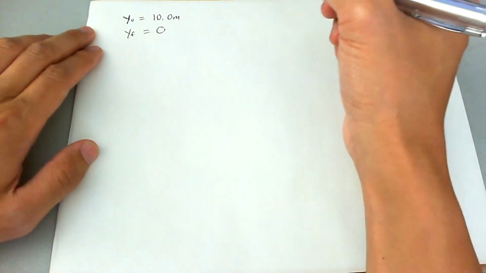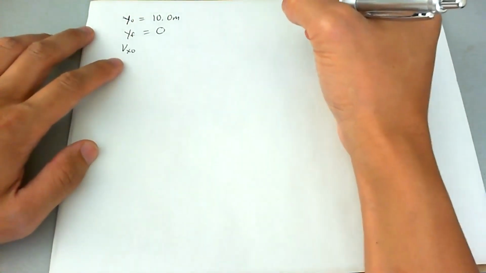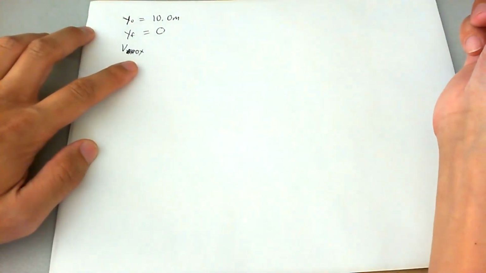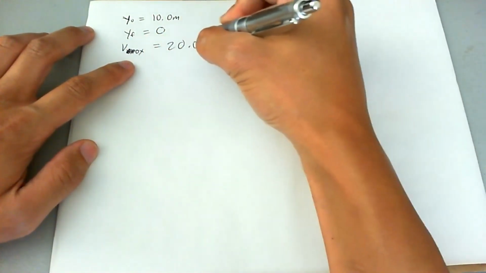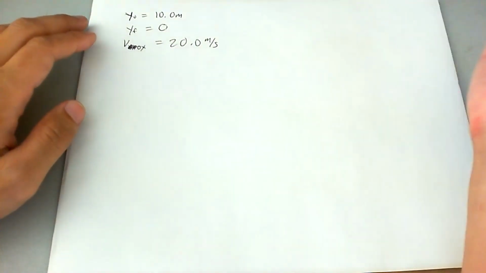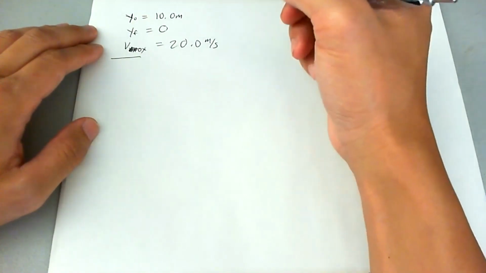And we have the initial velocity of the car in the x direction. So that's going to be, I'm actually going to say v naught x as the proper notation. So that's going to equal 20.0 meters per second. Okay. From there, we can actually come up with a lot of other knowns. So these are the knowns that are explicitly given to us, but we can come up with a lot of